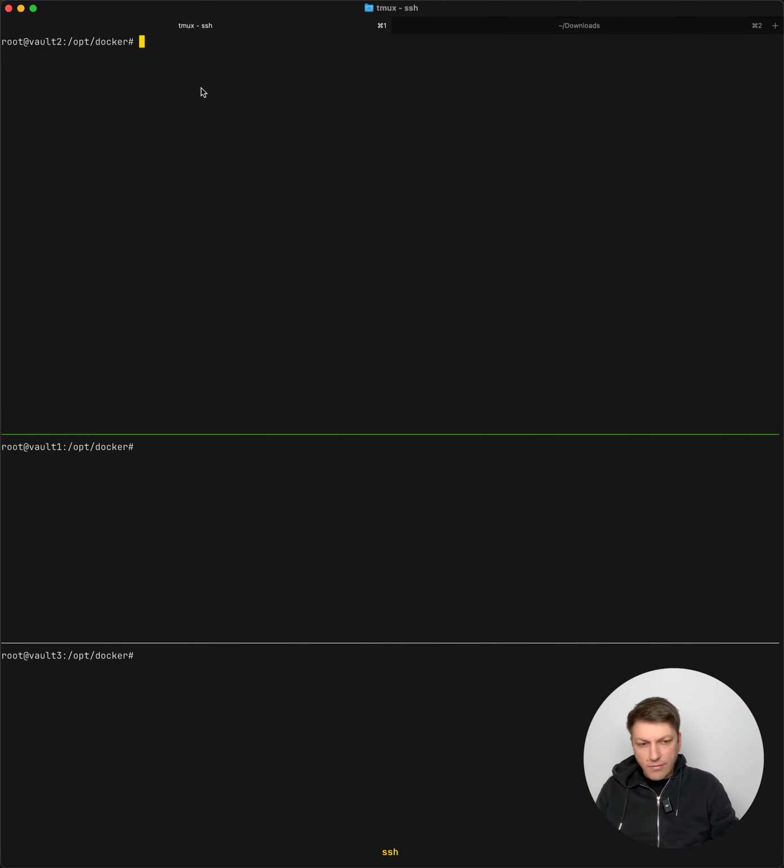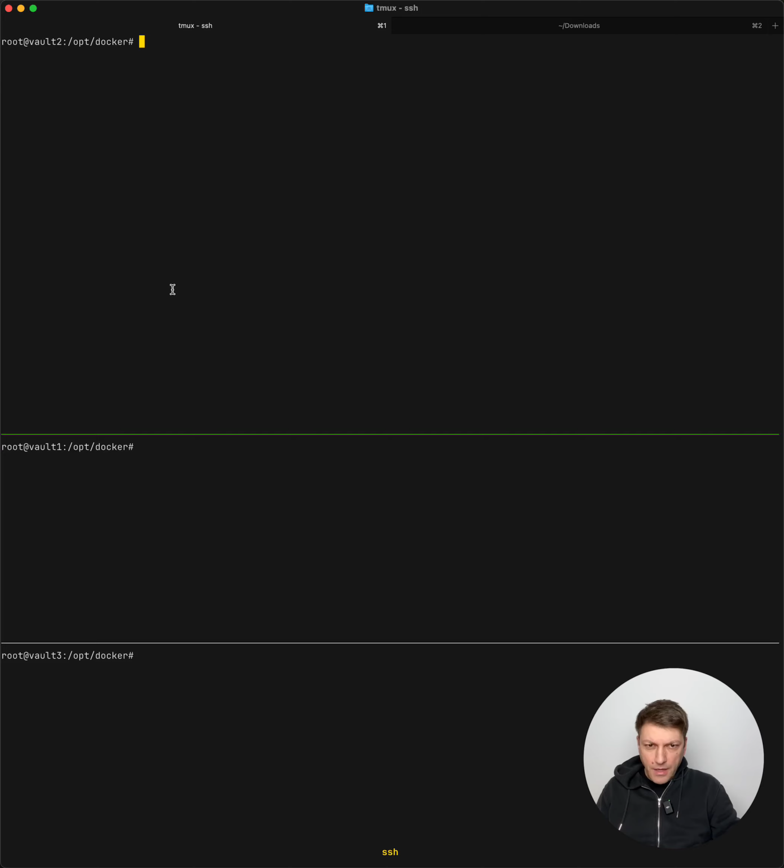Before I start, however, here is a short introduction of the setup. I'm using three different servers. All of them have Docker installed, and all of them have an internal IP over which they can communicate with each other. You can use public IPs. There are many ways to solve this. I'm just doing it with this setup. This is how my setup works, and I hope it helps you also set up. Anyway,